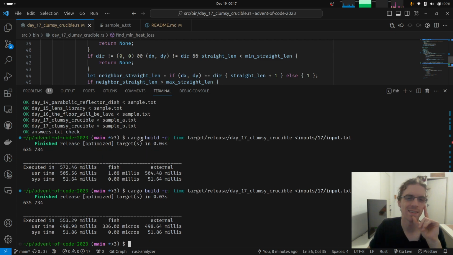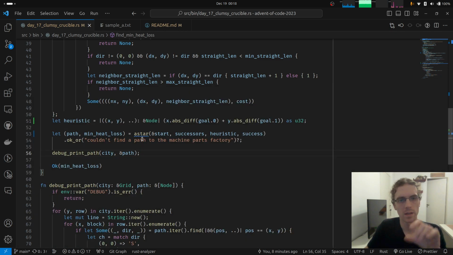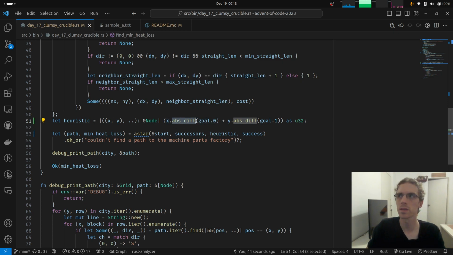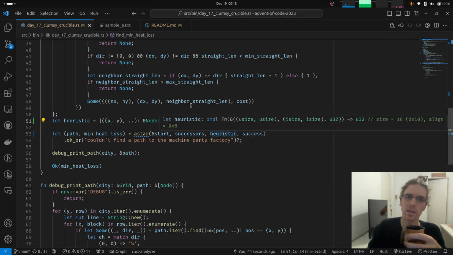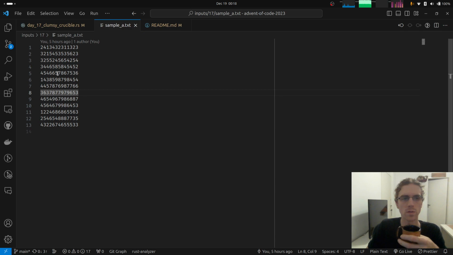So A star is not being better than Dijkstra. It is finding the same answer, but it's not really directing the algorithm too much. I wonder if I did something wrong. I mean, this heuristic does make sense to me, but maybe it's not making a lot of difference because it's not a very good approximation, because most of the nodes are big numbers, so it's a very, very conservative estimate to just say 1.